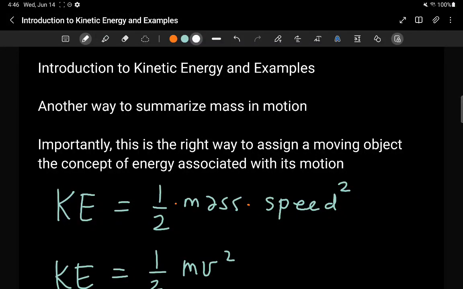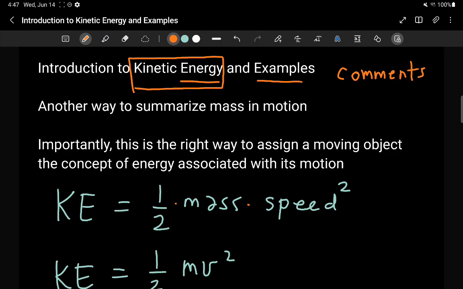Hey, in this video, I'd like to introduce you to a new concept. It is a version of energy, and this version of energy is called kinetic energy. So I'm going to introduce you to this idea of the kinetic energy, and then I'm going to calculate a few examples and have a few comments about these examples,